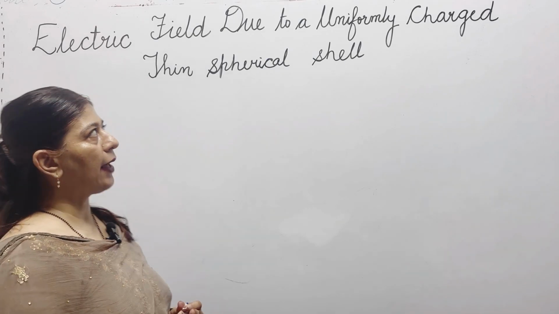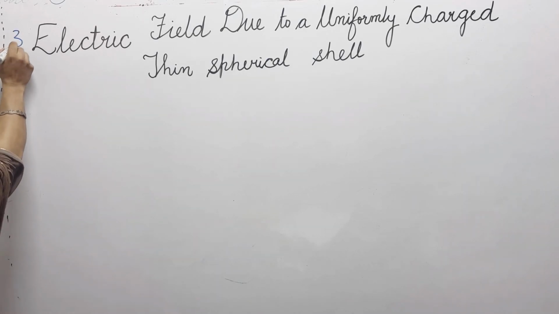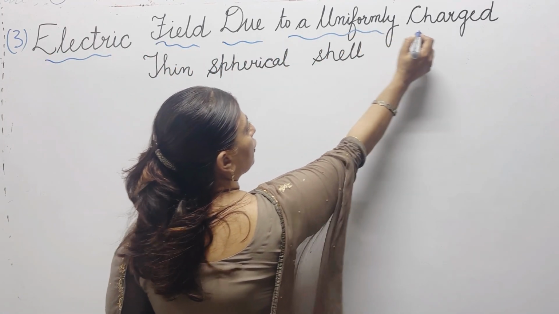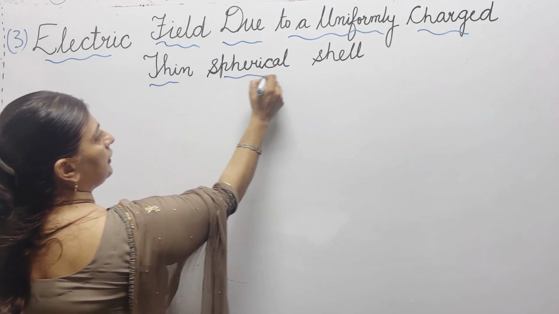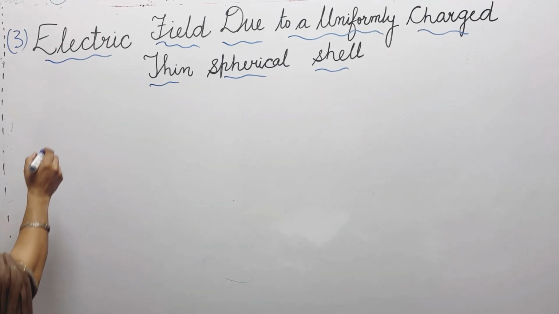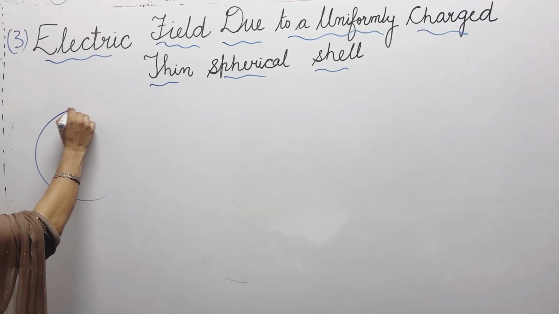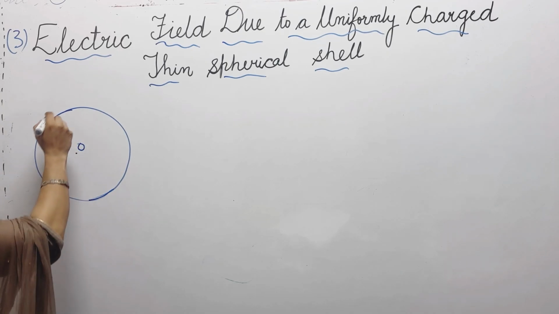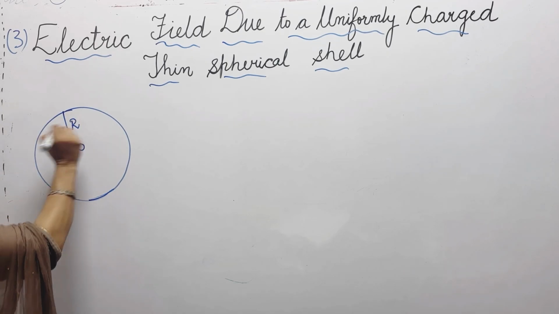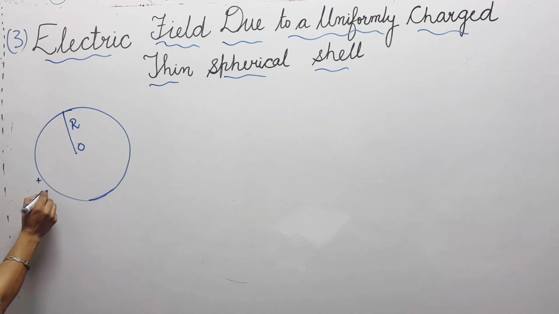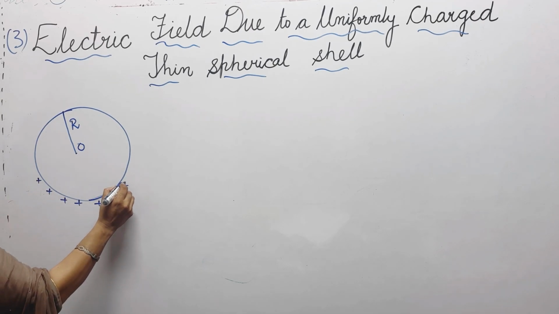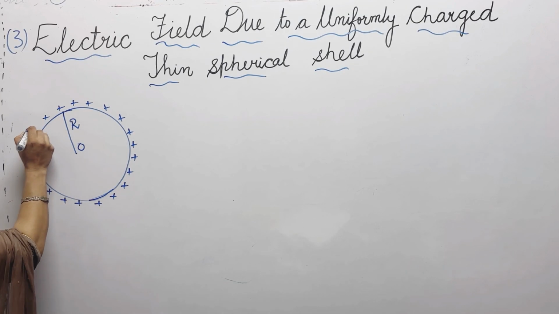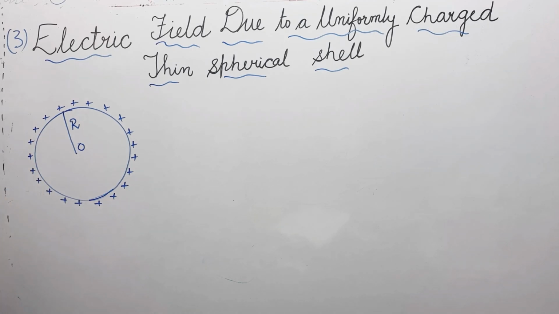Today we are going to do the third application of Gauss's theorem, that is, the electric field we are going to find out due to a uniformly charged thin spherical shell. Consider this as a thin spherical shell having O as the center and R as the radius of this thin shell. It is having uniformly distributed positive charge around it, and we are supposed to find out the electric field